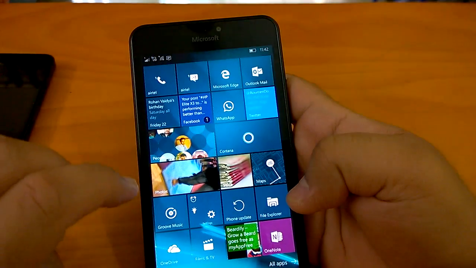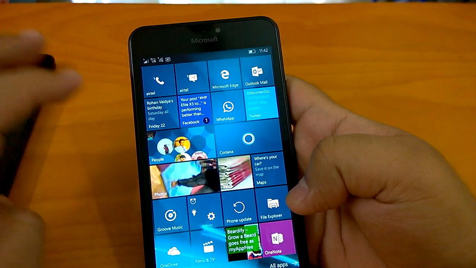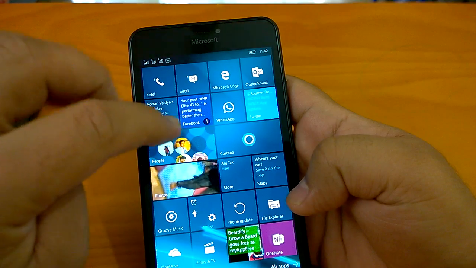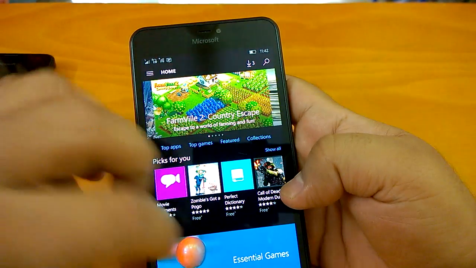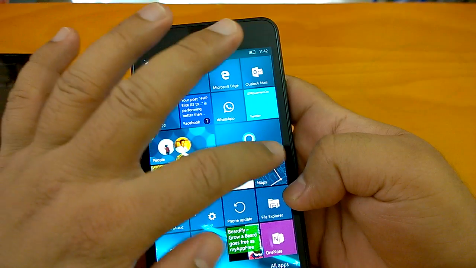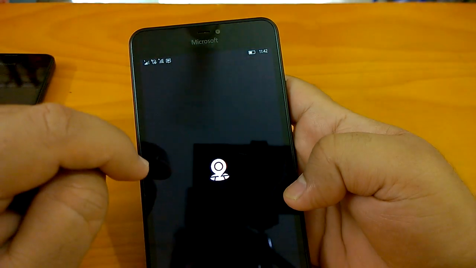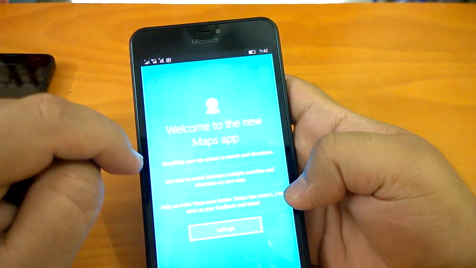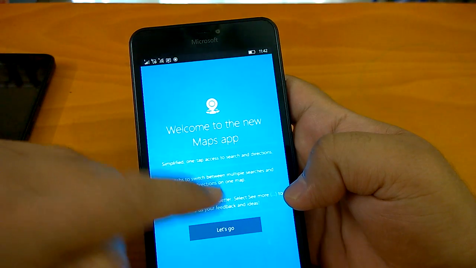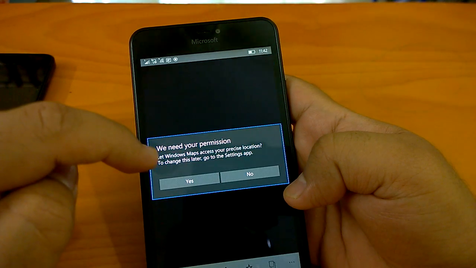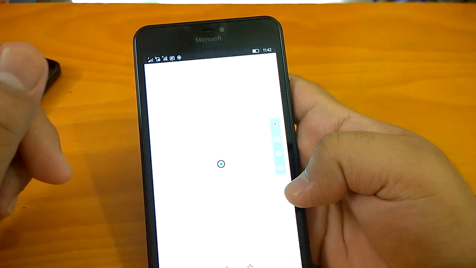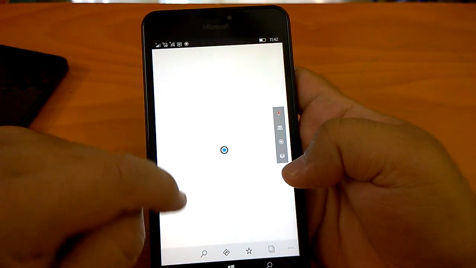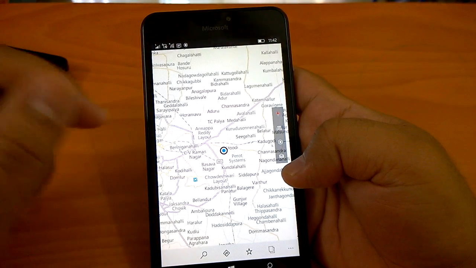Let's send it back to background. Then we can open something like Store. Maps. Since we did a hard reset while we were on the last build, that's where